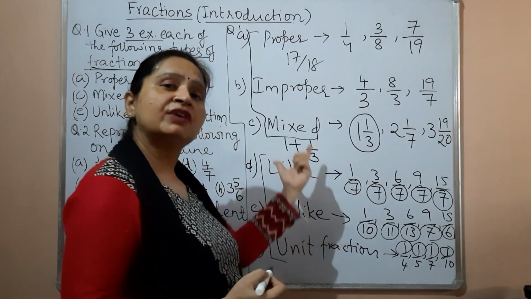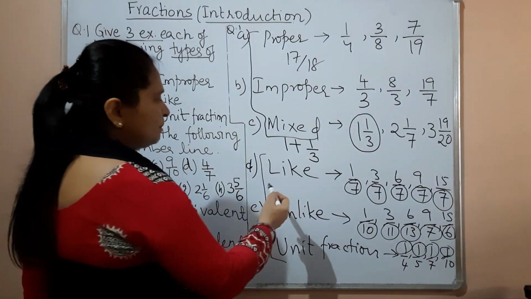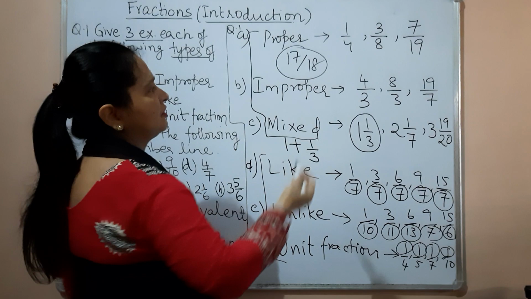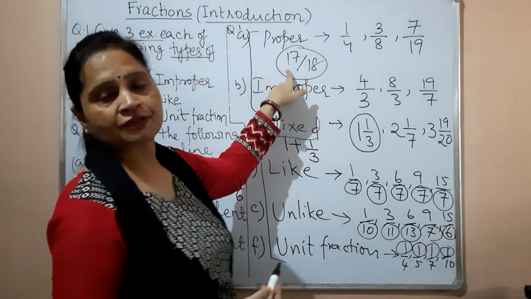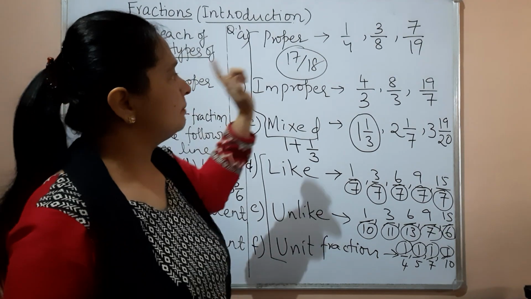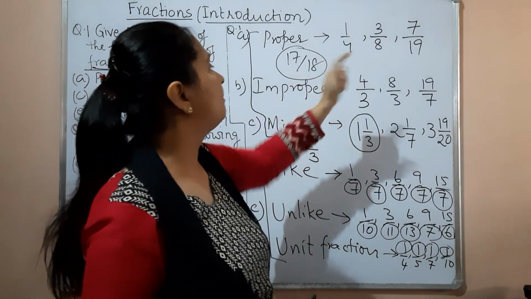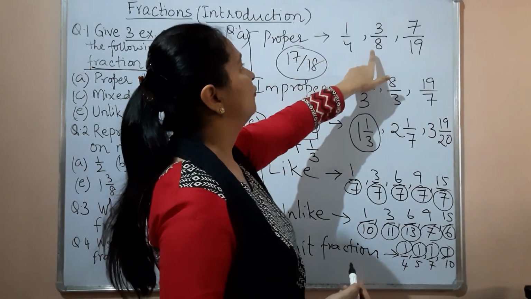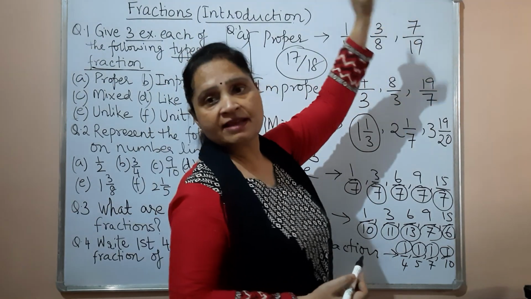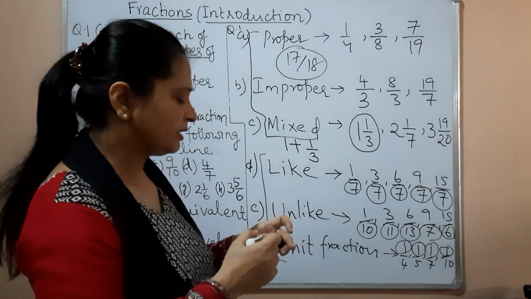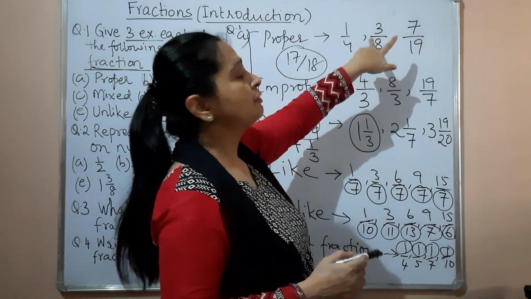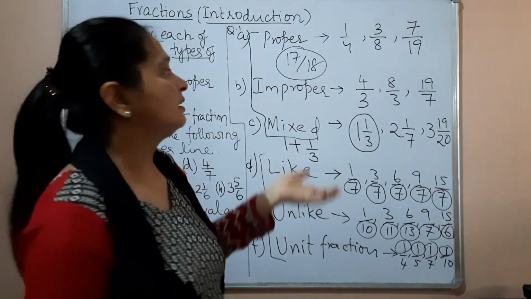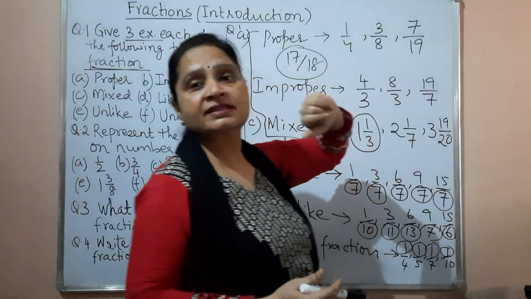Now these are the words which we use in fractions and how these are different. Here we just wrote one number and decided which of these three categories it is, and we know it is a proper fraction. You can easily understand if you consider these to be your marks: 1 mark out of 4, 3 marks out of 8, 7 out of 19. Or if you are giving chocolate, 1 chocolate out of 4, 3 chocolates out of the 8 you had, 7 out of 19 chocolates. Or a cake of 19 pieces and you gave 7 pieces.